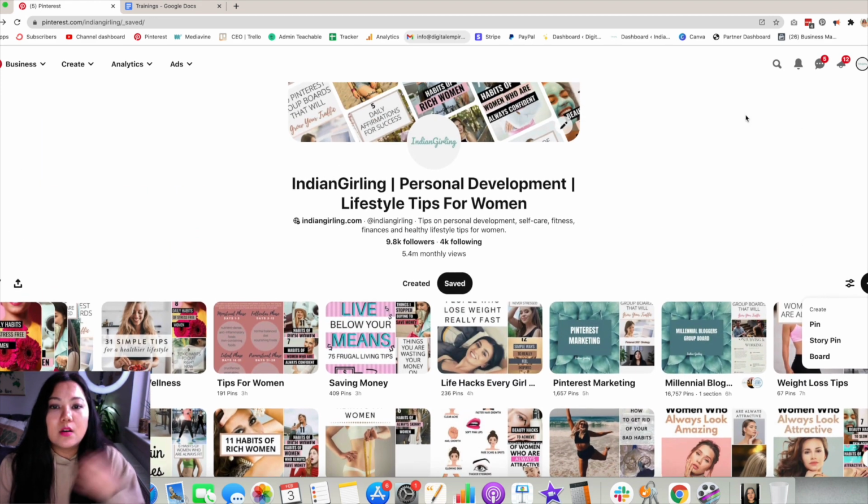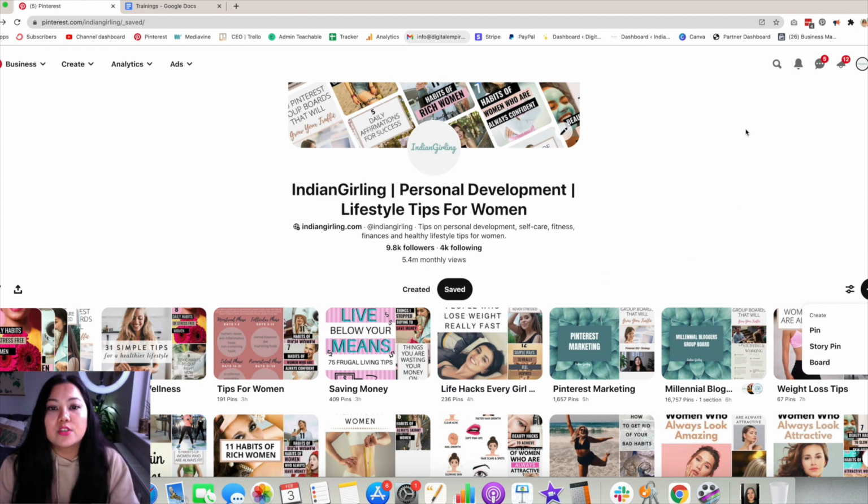Now, this is one of the main features that have changed on Pinterest in terms of the layout. It doesn't really mean much in terms of the strategy that you need to have in your account, because it's basically to make it easier for users to understand where everything is categorized. And especially if you're using Pinterest for personal purposes, you don't really need to see your activity and all those things. You really only care about the things that you're saving to your account, or you care about where they have been saved, so which projects or personal boards they have been saved to.